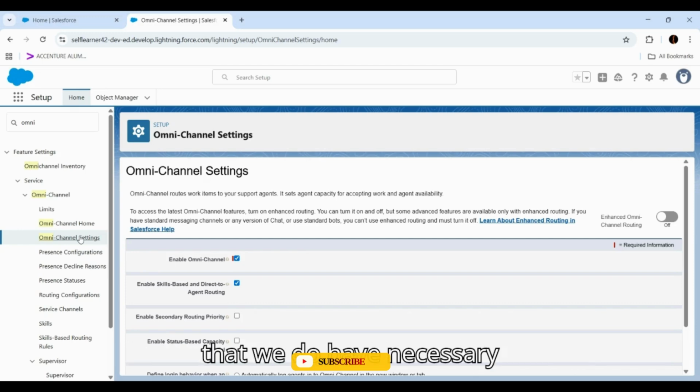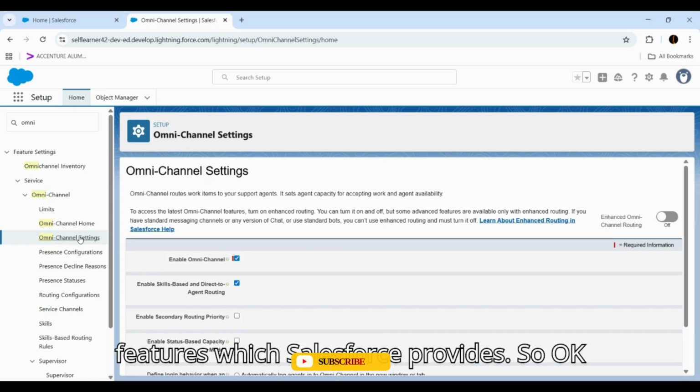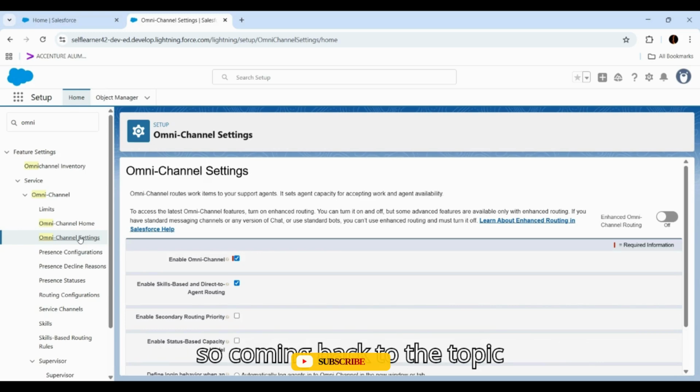We need to ensure that we do have the necessary licenses, which will be the digital experience feature license, messaging in-app and web permission set license, Einstein for Service Replies license, and other required licenses, so that we can take benefit of most of the Einstein AI based features which Salesforce provides. So okay, coming back to the topic,